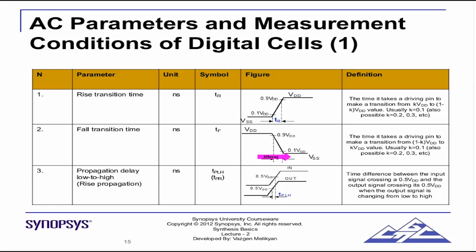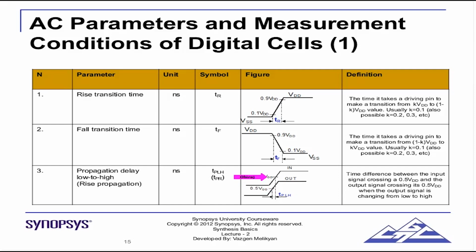Propagation delay. Now, transition times are limited to one signal. The propagation delay, by definition, is the time taken for input to reach output, to affect the output. For example, in a buffer, the input rises, the output rises. Now we need some reference points on these voltage signals to calculate the time. So the reference point typically is 0.5 VDD. So the time it takes for the output to reach 0.5 VDD